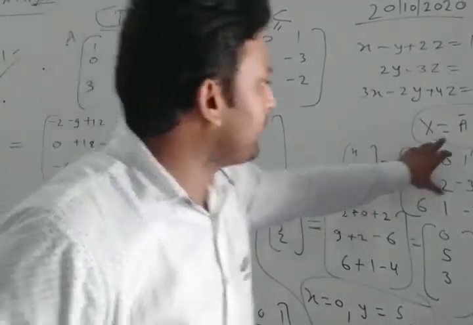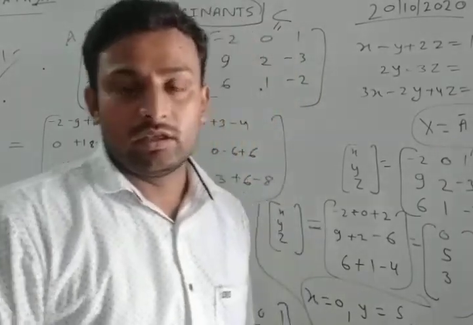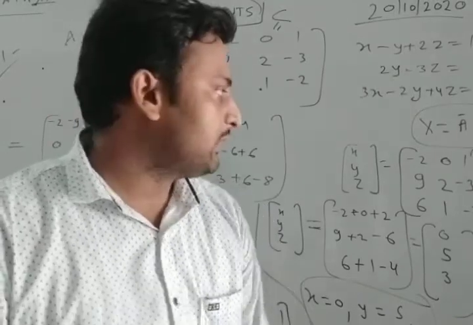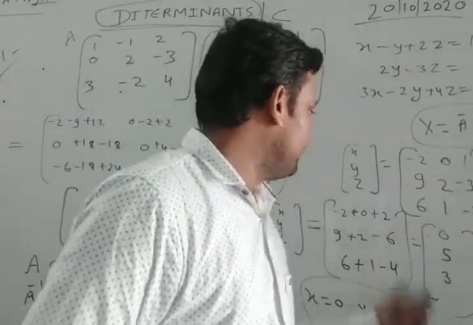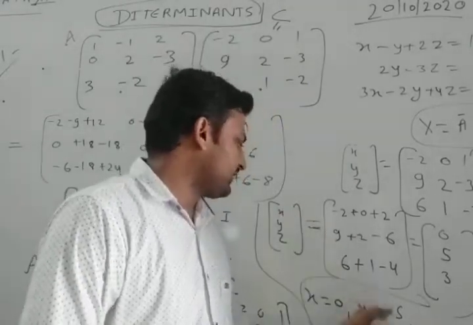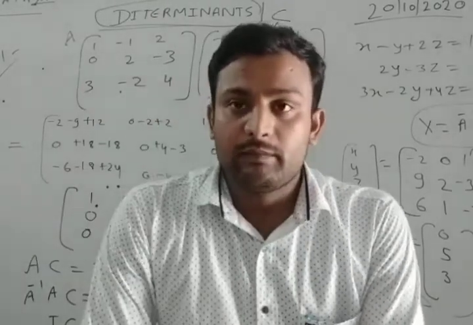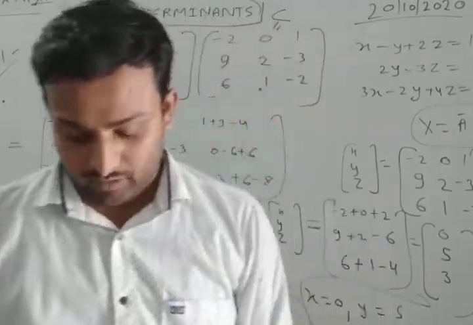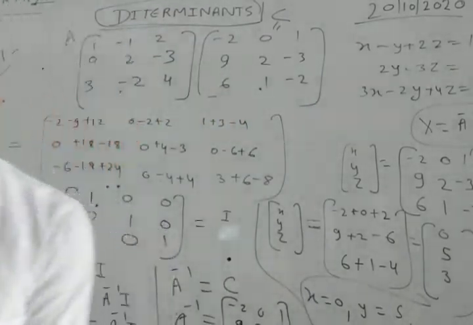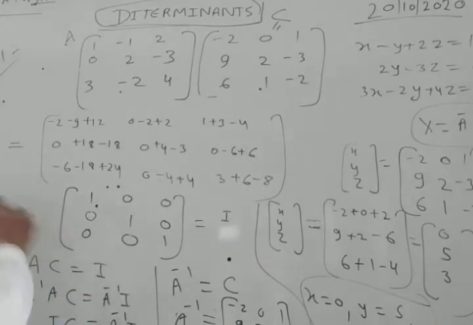Now put the value of A inverse, X and B in this equation. After putting the values and multiplying A inverse with B, we get 0, 5, 3. And comparing both sides, X is 0, Y is 5, Z is 3. So in this way we can find our X, Y, Z. Okay, I hope you understand. So we will see the next question. Next question is,